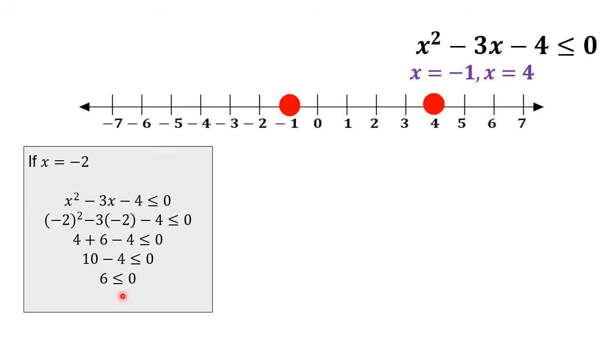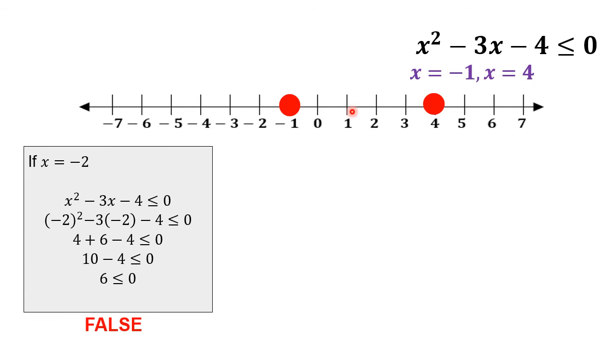So, always remember kung saan naka-open ang ating inequality symbol, yun yung higher number. Okay? So, 6, is it less than or equal to 0? That is false. Okay? Next. Pili tayo ng isa dito. Okay? So, sa first region, ibig sabihin, dahil nag-false siya, ang first region ay hindi part ng solution set. Okay? So, pili tayo ng isa sa